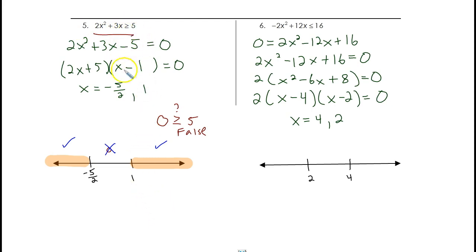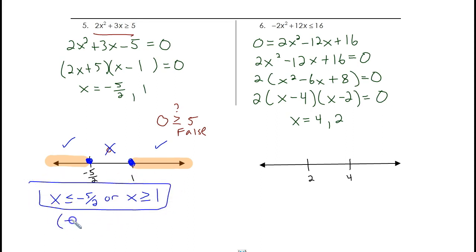But remember that or equal to means we use closed circles on those two special numbers, those two special spots. And now we need to write it either in terms of x or as an interval. So in terms of x, we'd say x less than or equal to -5/2, or x greater than or equal to 1. In interval notation, -infinity to -5/2, union,